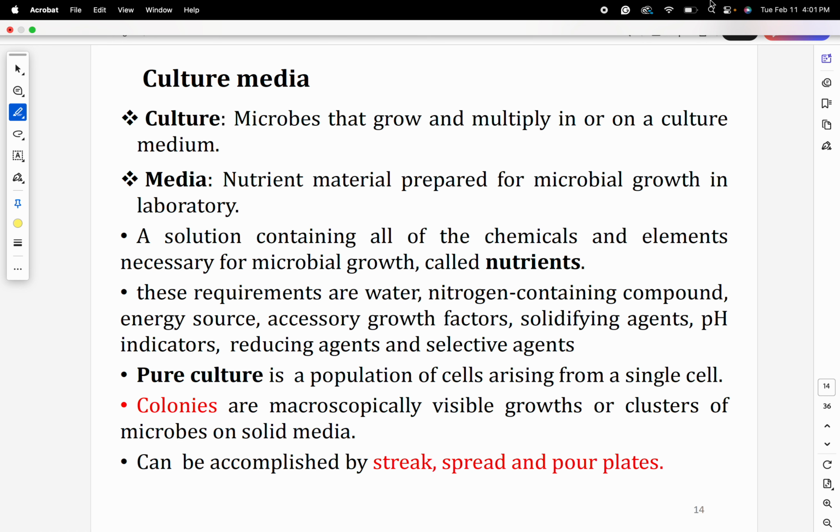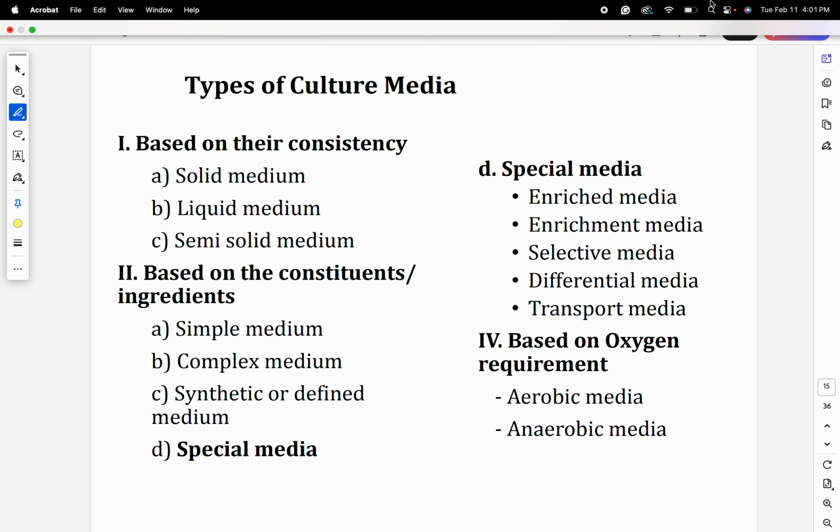And we have several techniques for isolating microbes using different culture media. It can be via streak plating, spread plating, and pour plating. Okay? So based on consistency, there are different types of culture media: solid, liquid, which we usually call broth preparation, a semi-solid medium, a hybrid between solid and liquid types. And based on the constituents, we have either a simple medium, a complex medium, a synthetic or chemically defined medium,